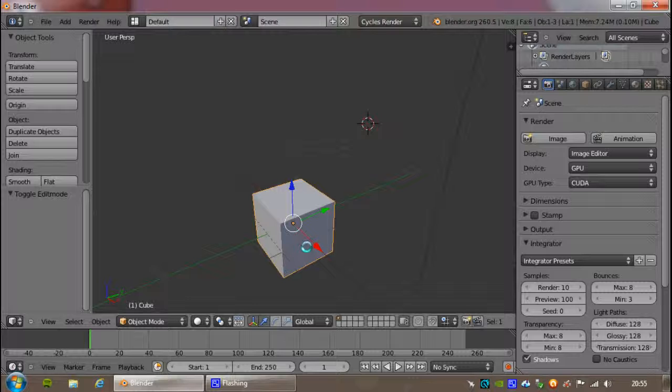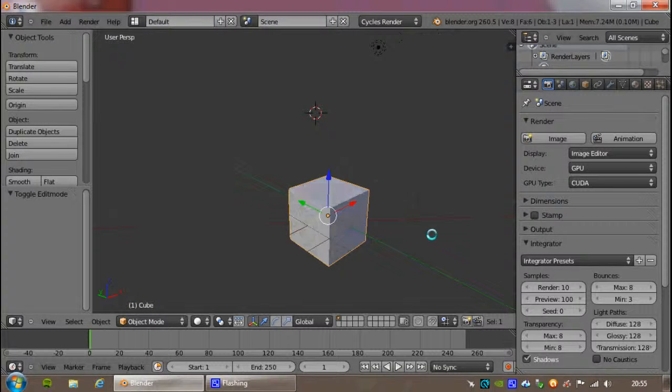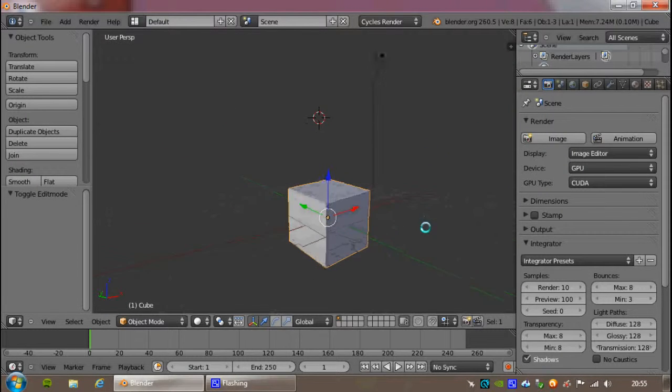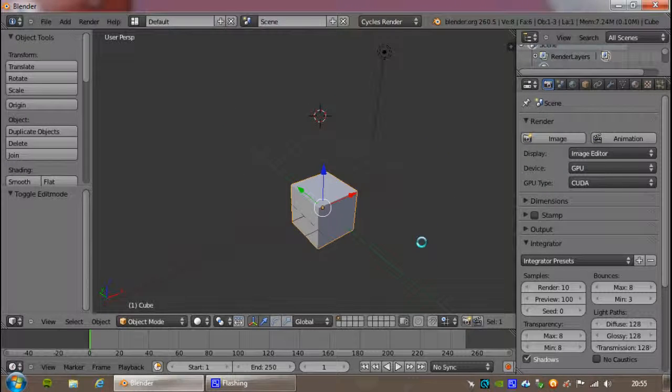If I don't use the keyboard and only the mouse, and I depress the mouse wheel and move around, I start to rotate around the object, and I can move it forwards and backwards. I'm underneath and I'm on top. It gets quite tricky to understand where you are in 3D space, so quite often you might want to use